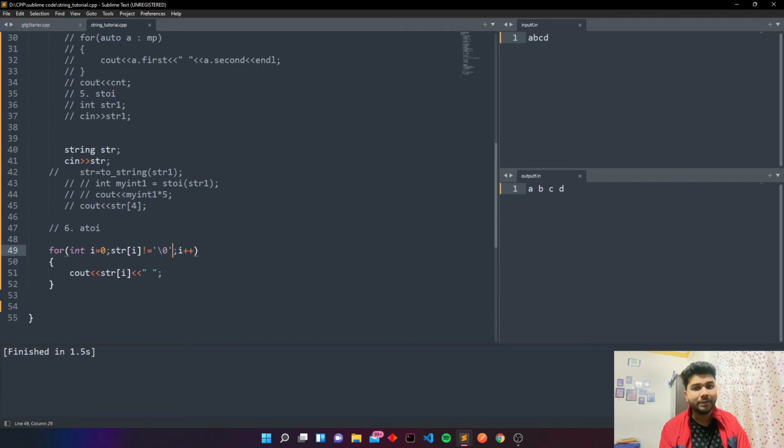So when we use a string, by default the last character will be the null character. So to find out the last character you may use str of i is not equal to null and then you may print this, so you may see the values. You may do this in this way also, so you can see we can display this one by one also.